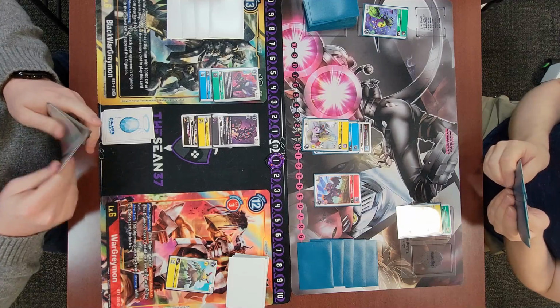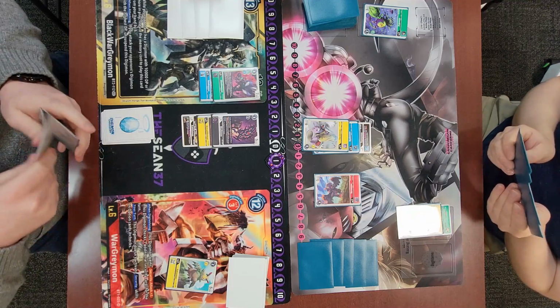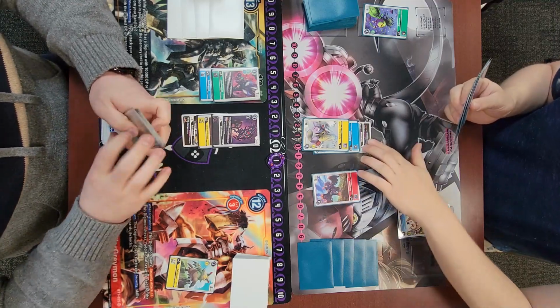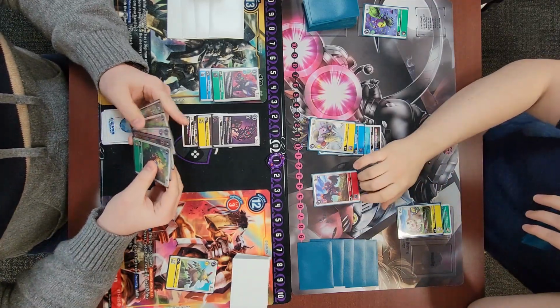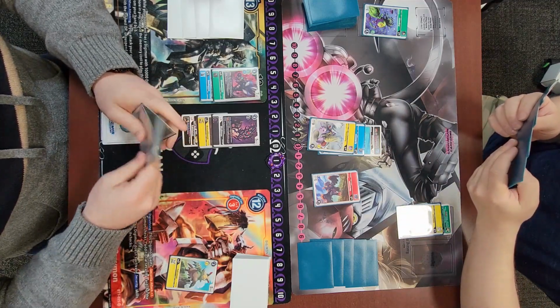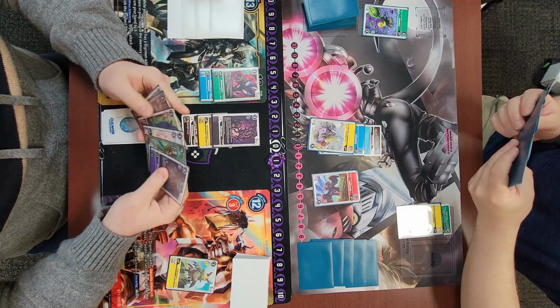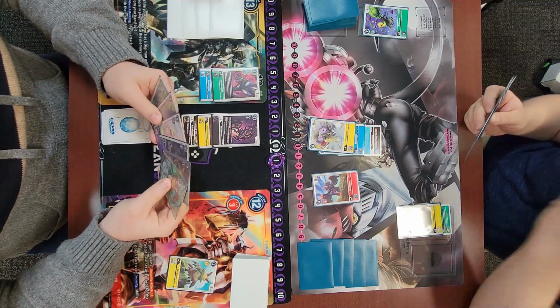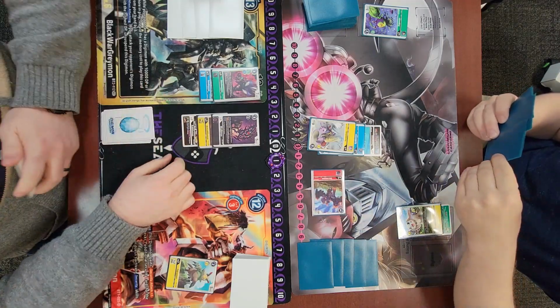He digivolves into his Terurimon. So the main strategy of these is just board presence. You just want to be able to keep your opponent's Digimon off the board, whether that be through removal or just running them over if they're suspended. That is the game plan. If you do follow that, it's pretty...